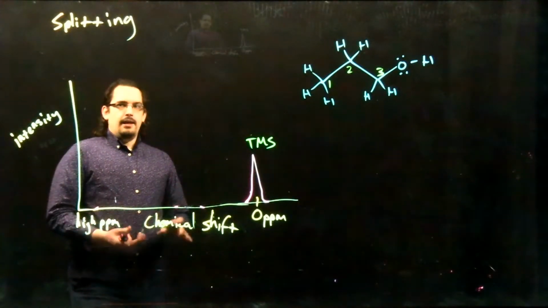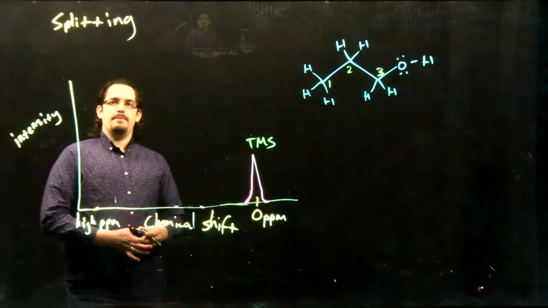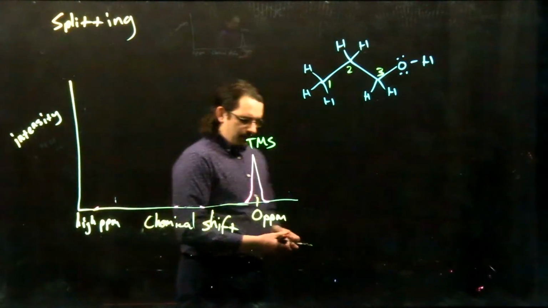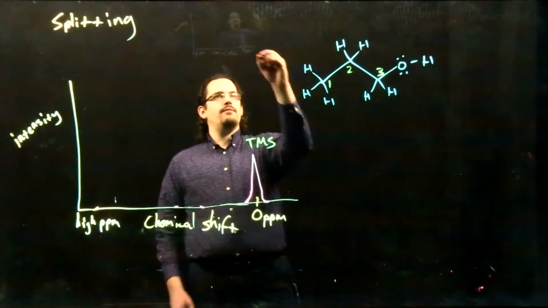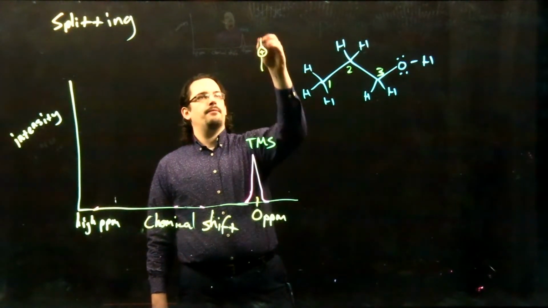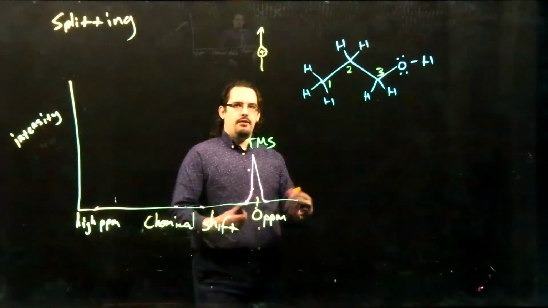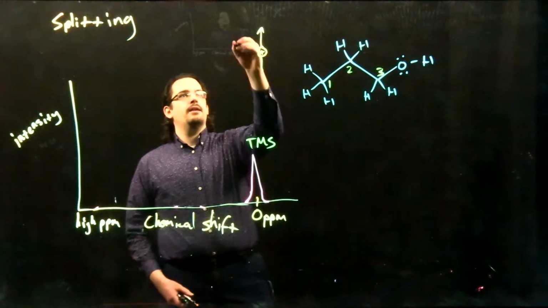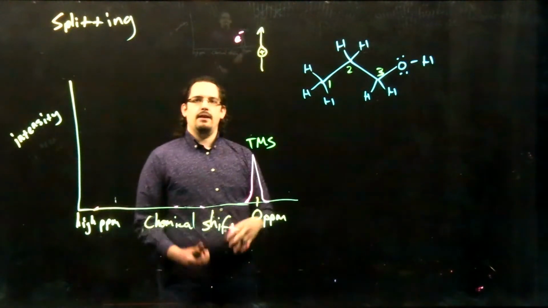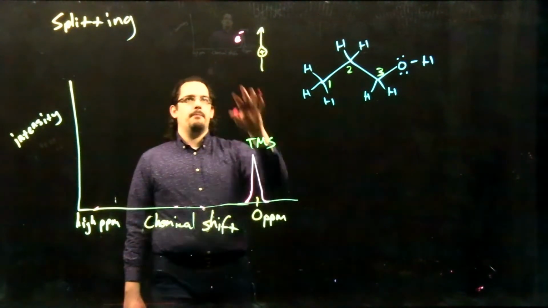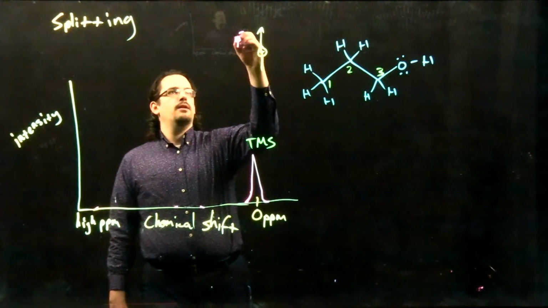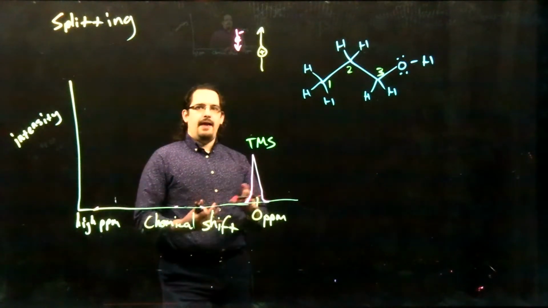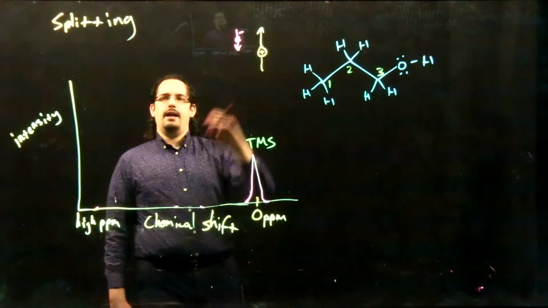Our last key NMR analysis technique is based on chemical splitting. Now, as we've talked about NMR, we have our individual hydrogen nuclei with their nuclear spin generating a magnetic field. And we've seen how that spin can be affected by things like electrons. So we have a magnetic field from our electron, which can work against our external magnetic field, and it can affect the overall magnetic field that our